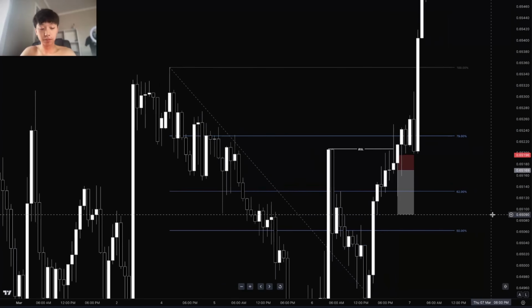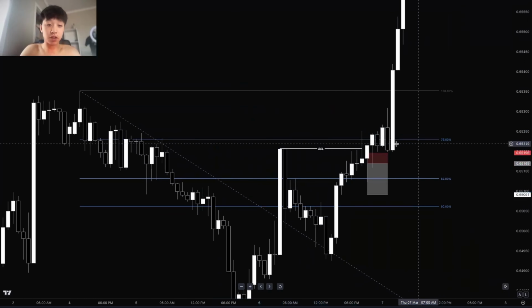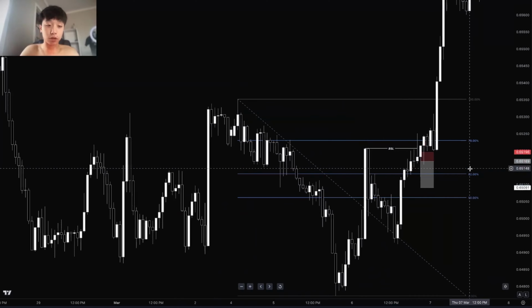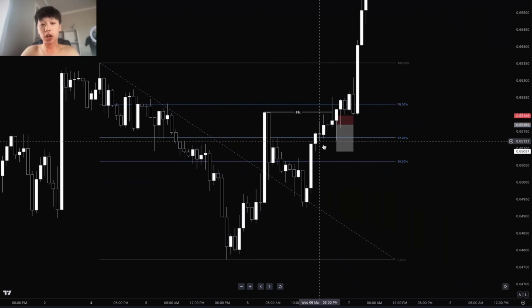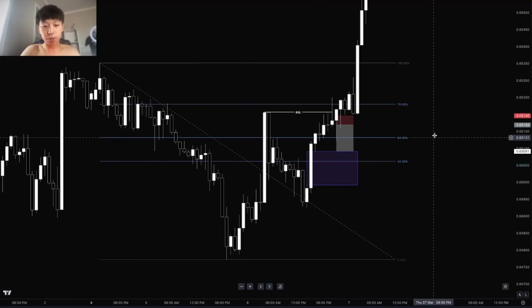But for this trade, we took out buy side liquidity, and we had this 79 fib. So I was like, cool, we're bouncing off the 79 fib. But it took out buy side, so I expected us to at least retrace into this big fat 1 hour fair value gap. So the most